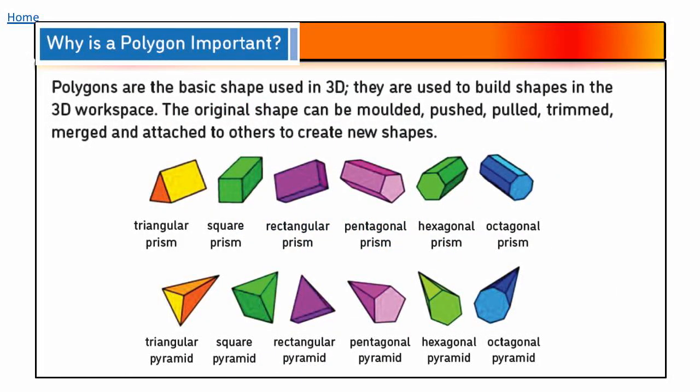Why are polygons important? Well, polygons, in their original shape, can easily be molded, pushed, pulled, trimmed and merged, and even be attached to other objects to create new shapes. As you can see in the image, we have a triangle, a square, a rectangle, a pentagon, a hexagon, and an octagon. These are all shapes given to us. We can pull these shapes to make them look more like a pyramid. If you look at the second part of the image,